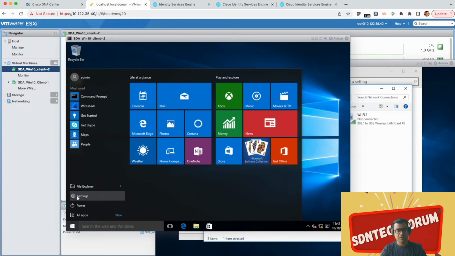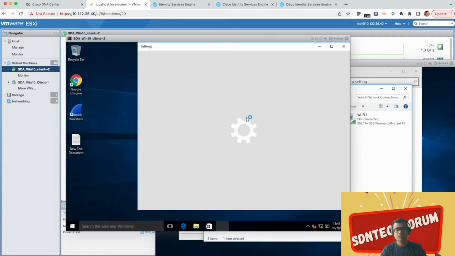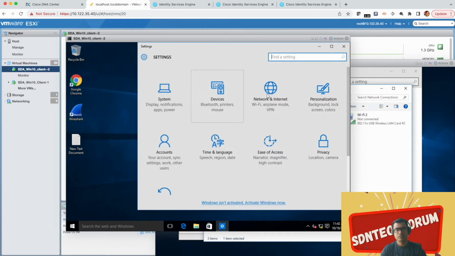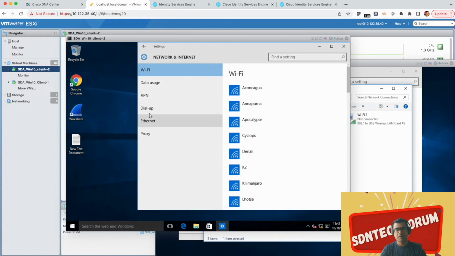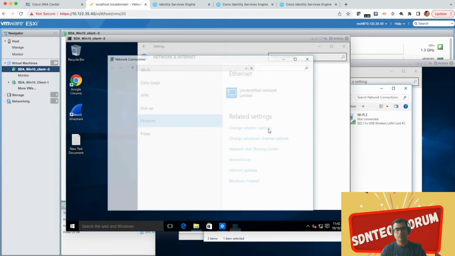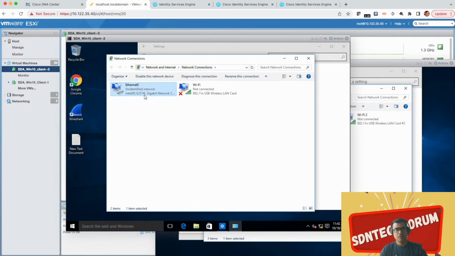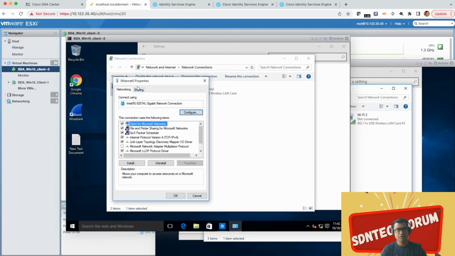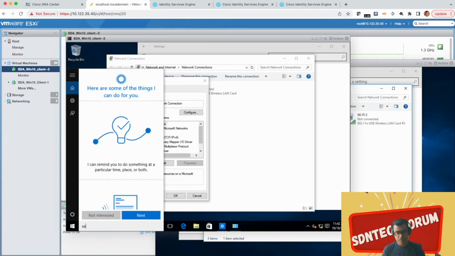So this part is repetitive. Please bear with me. Ethernet, change adapter setting. Ethernet 0. Right click, properties, no authentication. So let's go ahead and enable it by going to services,